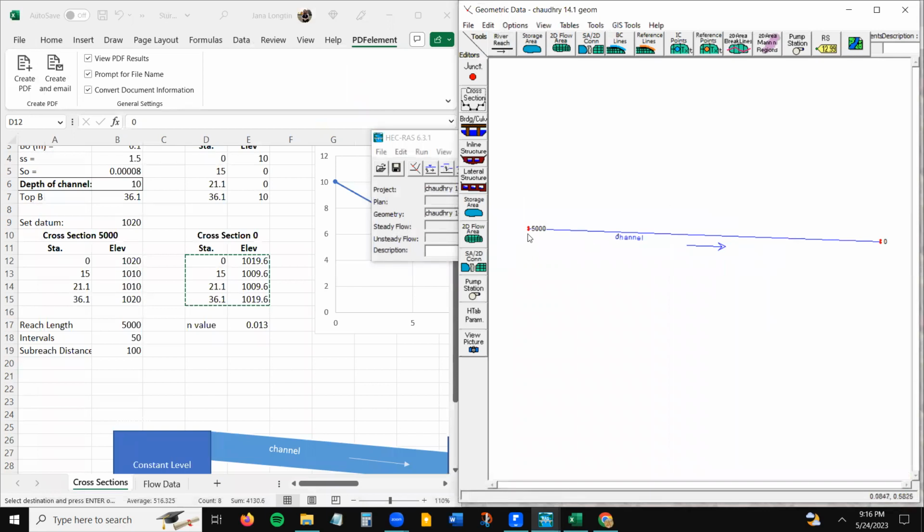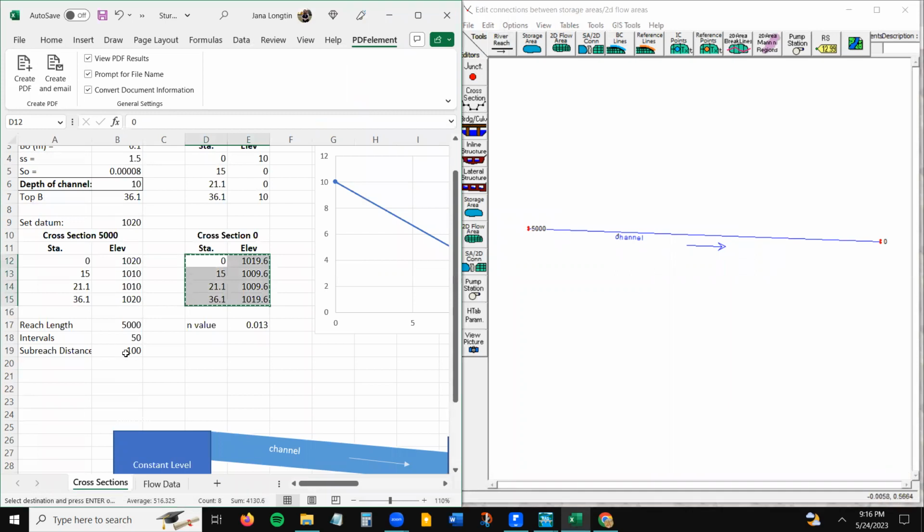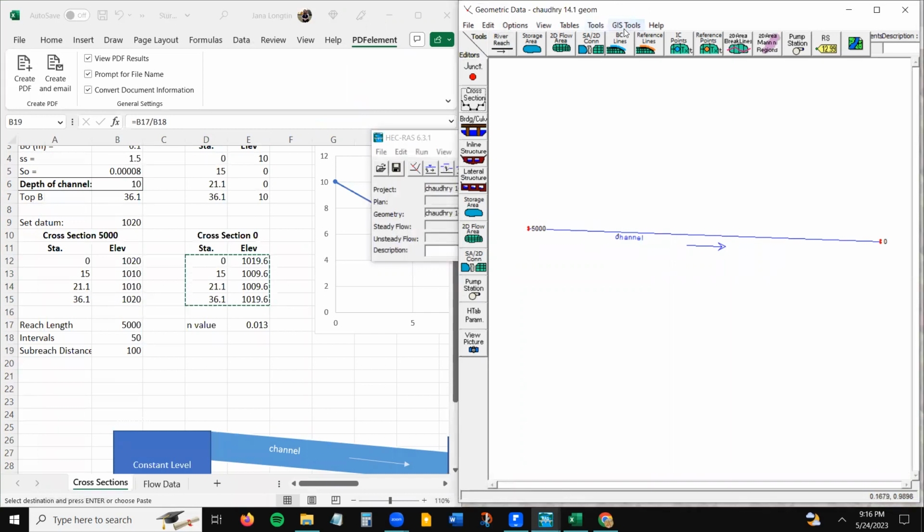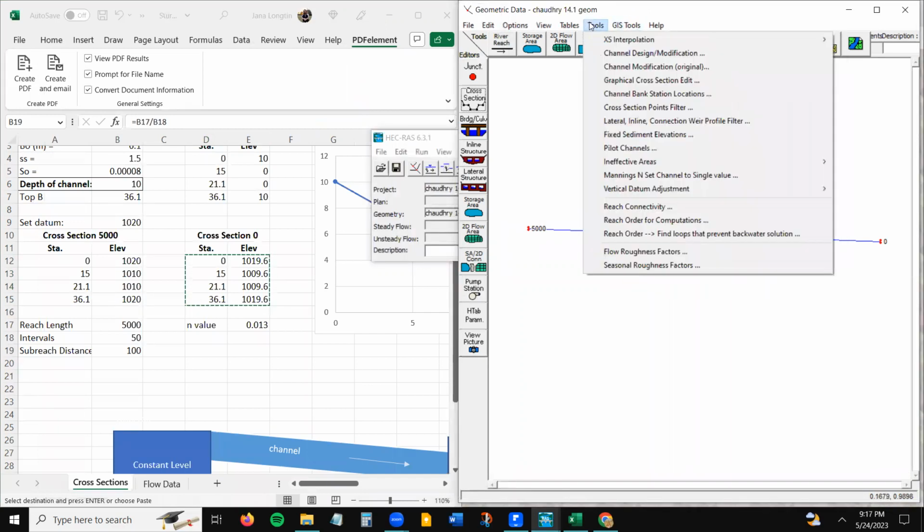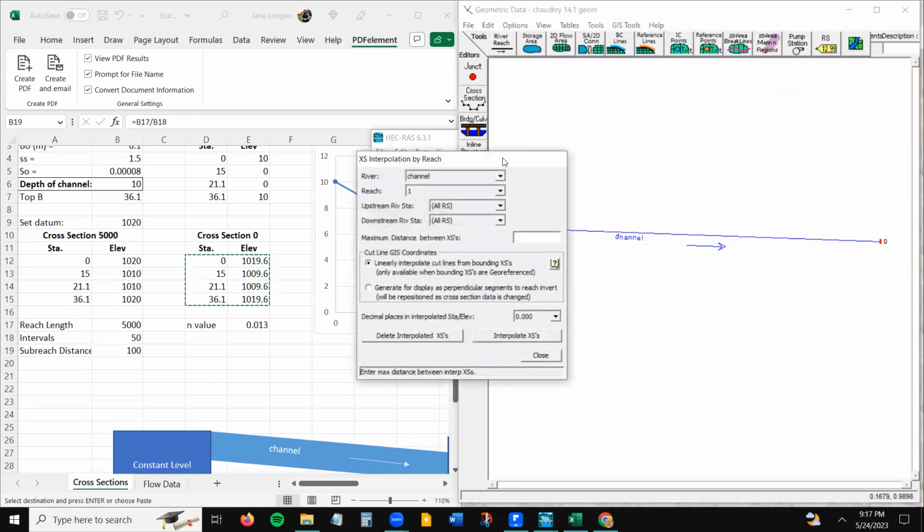And so now it shows we have 5,000 and 0 as our 2 stations. But I've decided, and the question asks for information in between 5,000 and 0. So we're actually going to subdivide or interpolate our cross sections. So if you go to Tools, XS interpolation or cross section interpolation, and we're going to do the interpolation within